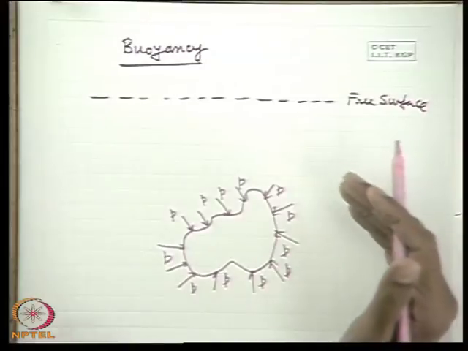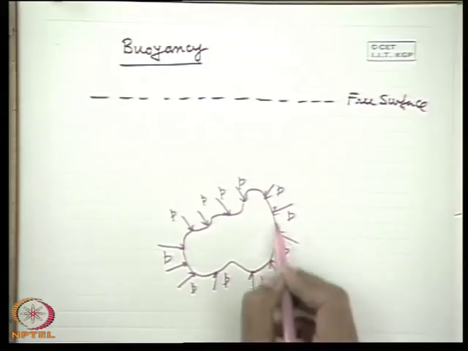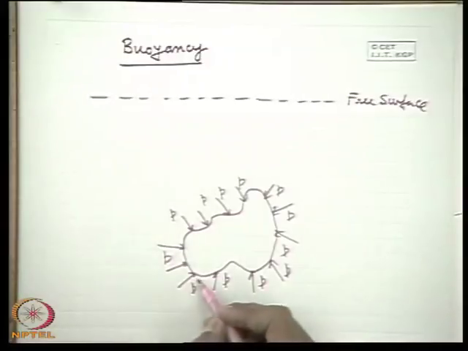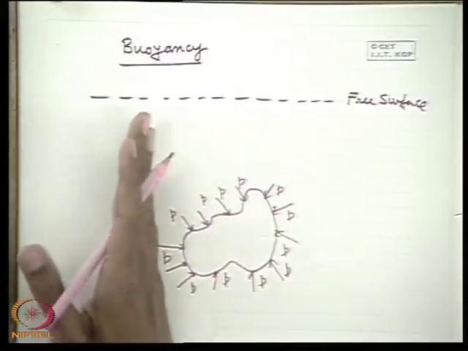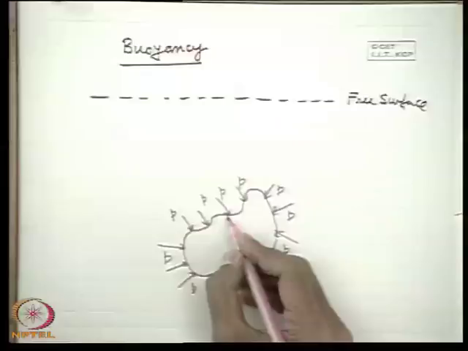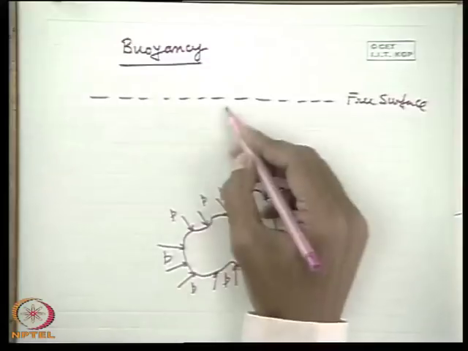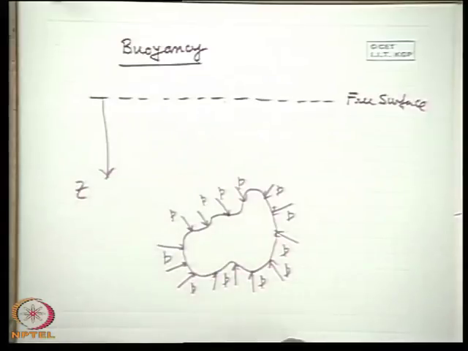Now if we apply our earlier knowledge that the resultant force component in any horizontal direction on a curved surface is equal to the force on the projected area on a plane perpendicular to that direction, and this curved surface is a closed curved surface for a body, whose projected area in any plane is 0. So the concept tells that the net hydrostatic force in any horizontal direction is 0, but it is not so in the vertical direction. Why? Obviously in the vertical direction, the pressure force at this point and the pressure force at these points can never balance because they differ in height, because this is Z, and pressure increases with the increase in Z.